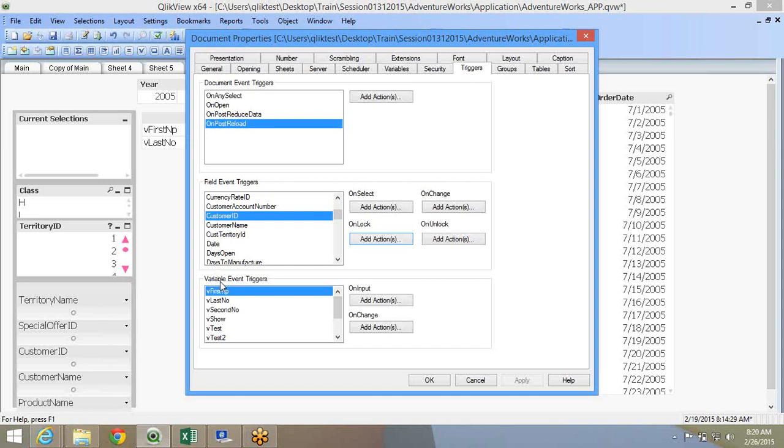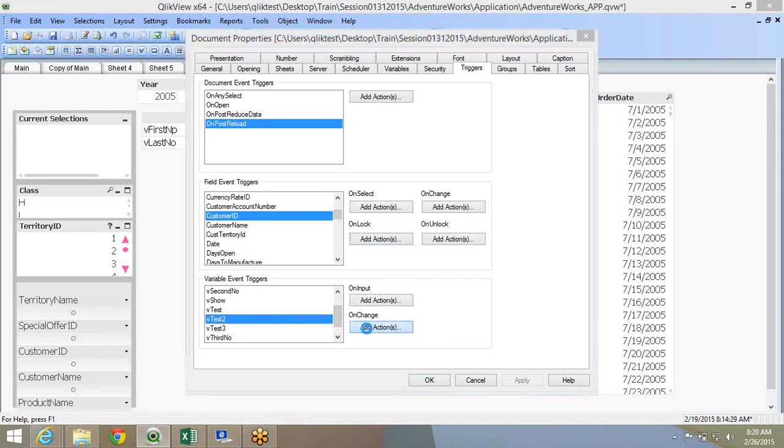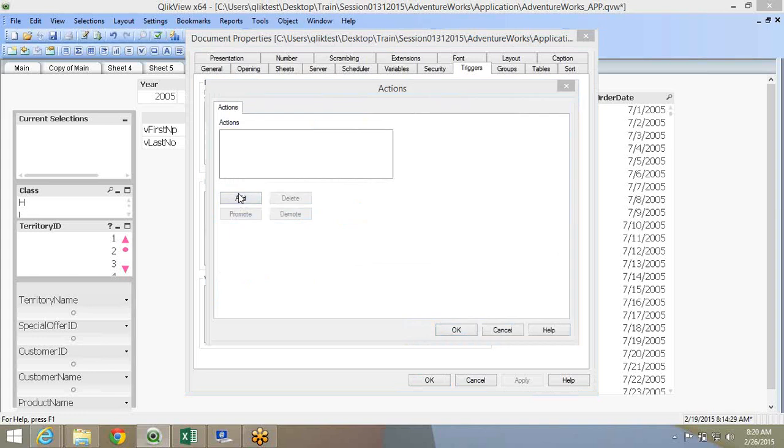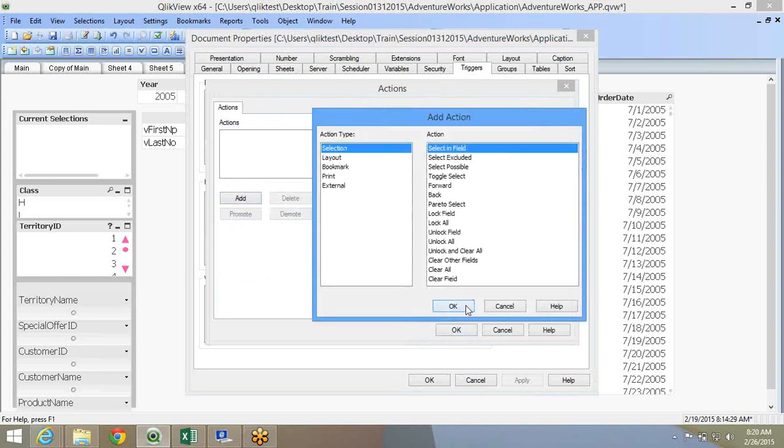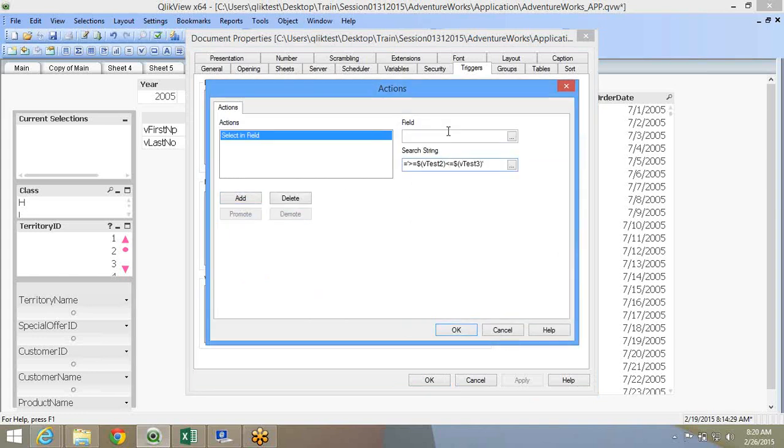And also for the variables, right? So the variables that we have created, any change in the variable, when you change the value in the variable, you can set an action. In our case, it is test2 and test3, right? So for test2, I'll say on change, add action, add, select in field, I'll give the value, order date.